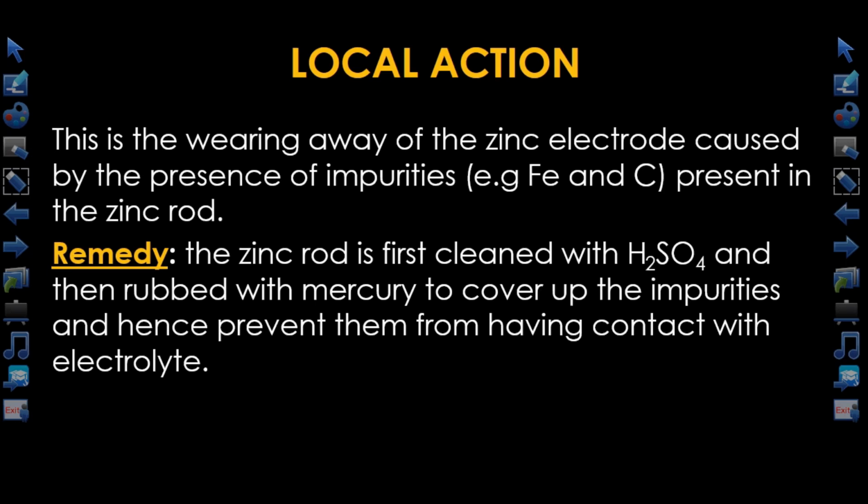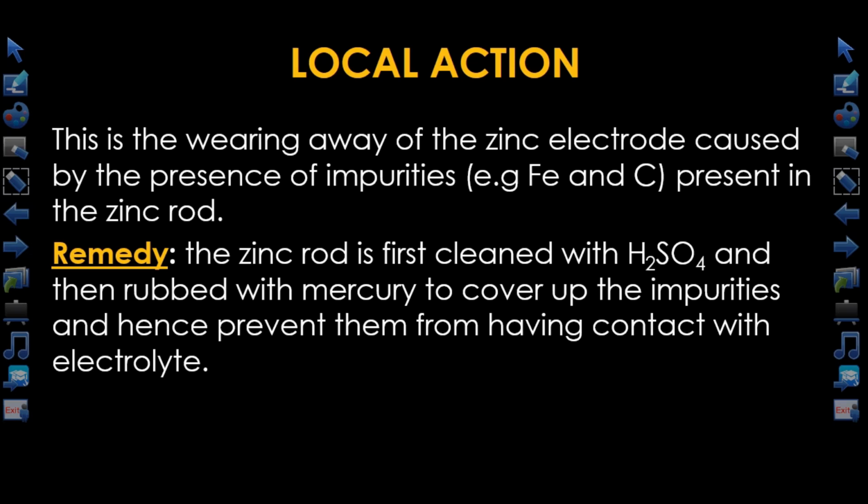It can be taken care of by first cleaning the zinc rod with sulfuric acid, H2SO4, and then rubbing the zinc with mercury. That is to say, the zinc is being coated with mercury. This coating with mercury is otherwise called amalgamation. So it forms a mercury-zinc amalgam. Once this amalgam is formed, it covers up the impurities in the zinc and prevents them from coming into contact with the electrolyte. So this is actually how to take care of local action, which is one of the defects